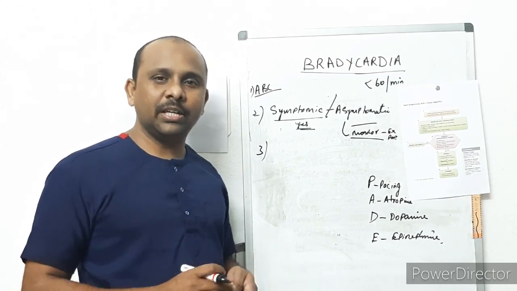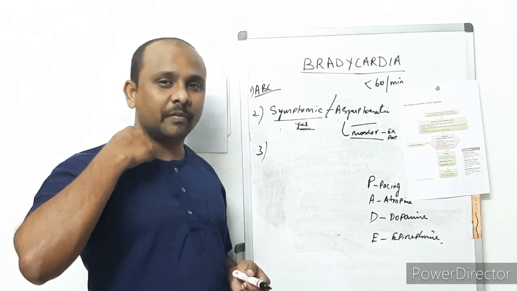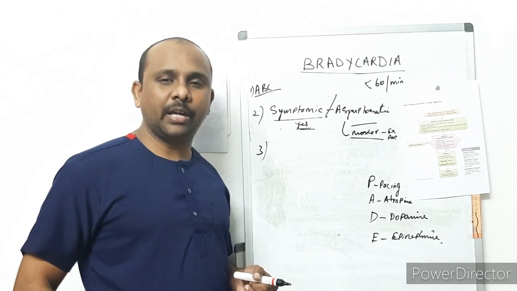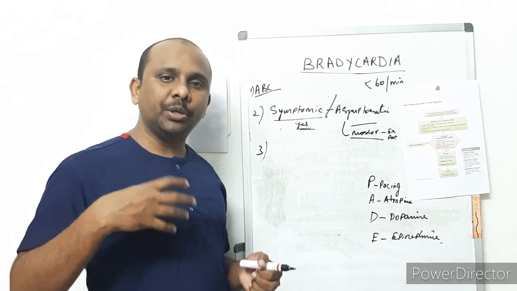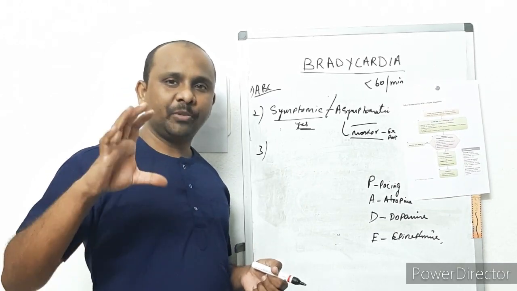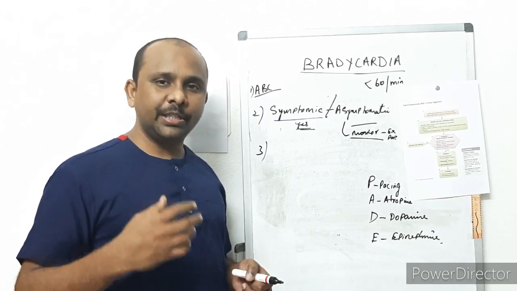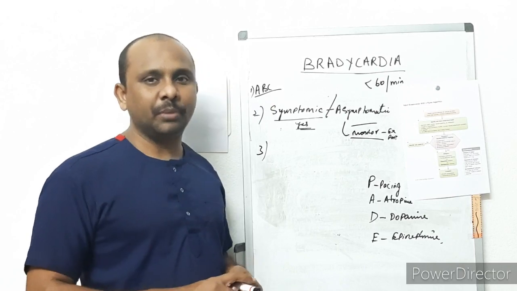You cannot put transvenous pacing just like that, because it needs internal jugular vein cannulation, subclavian vein cannulation, or femoral vein cannulation. It needs experts, right? Then you need equipment to do that. You need a pulse generator, a pacemaker, an external pacemaker. So it needs a lot of expertise in that procedure, and it needs equipment, right?